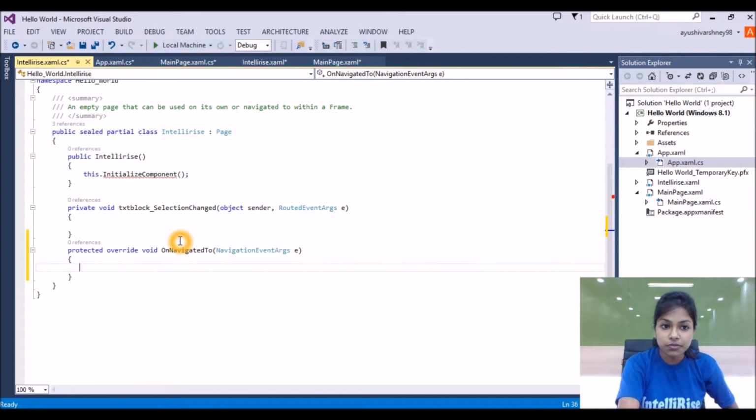Then in this function we want the text of that text box to be stored in the text block.